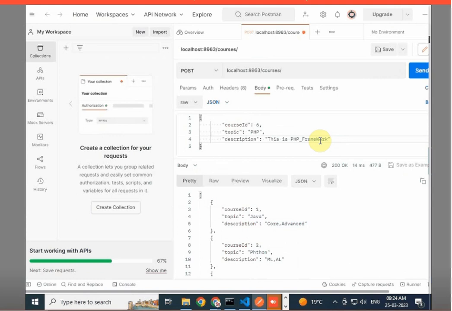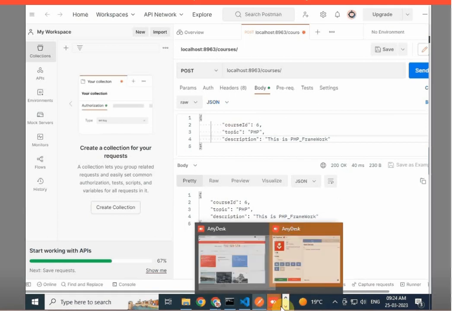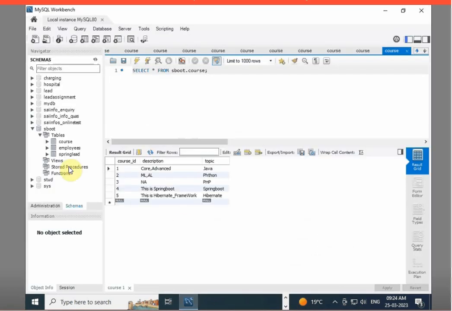The application will handle the request and return the appropriate response. So now it's time to get data from the database. So guys, you can see that the new data has been successfully added to the database.